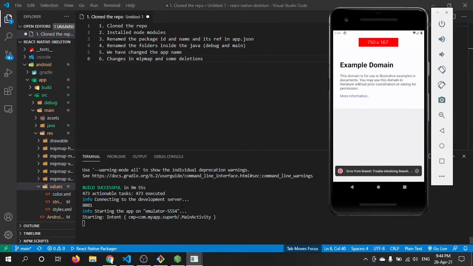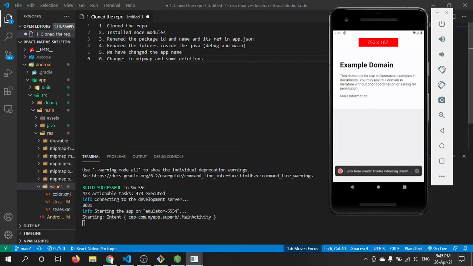So this will be the first video in my list. In this video we have covered how to clone the repo, and we installed the node modules, renamed the package id and the references of this app.json name, and renamed the folders inside the java debug and main ones.